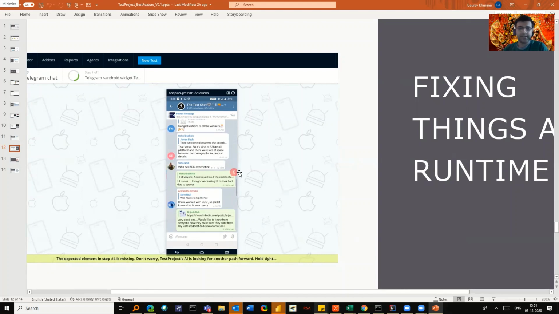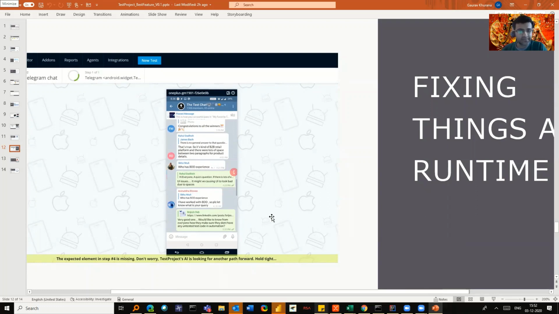That's it. And then it will open it with a similar syntax, so you can try with the calculator app. And below you can see that TestProject has an AI feature. So I started with that smart recorder. Smart recorder is good, but in that there is auto healing, and there is AI also that tries to correct things for you.